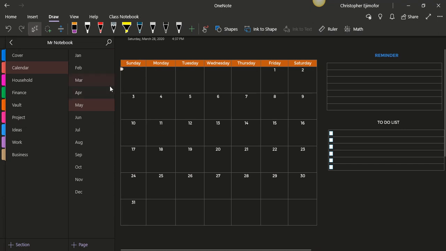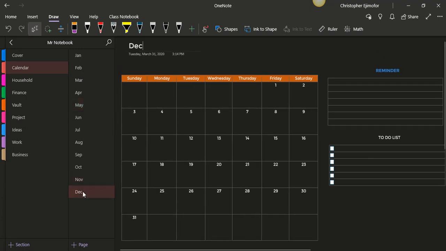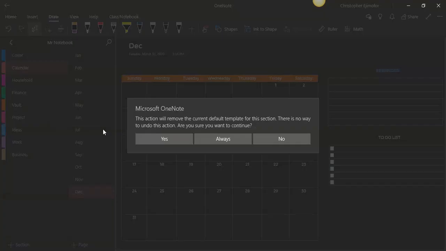If you want to copy and paste, it's fine, but if you don't want to copy and paste, you can do it the easier way. Forgot to tell you guys last time, apologies. You can just right click, say for example, let's do December, so it's right there. You can just right click and go to set as default, and if you click on that, if you click as set as default, so